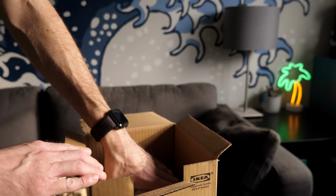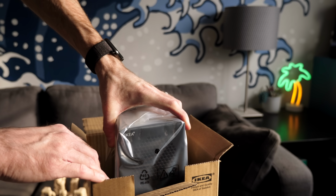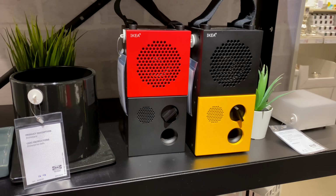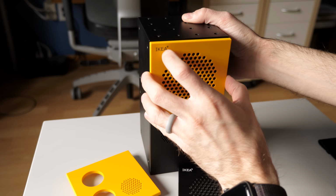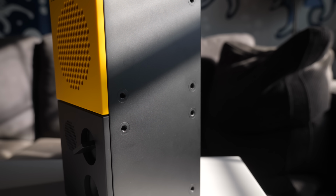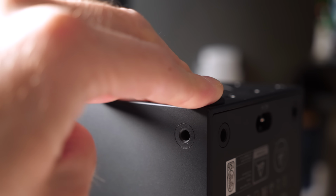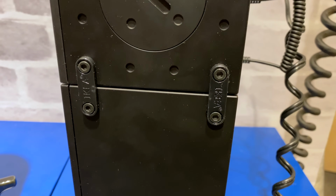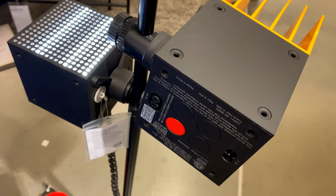In terms of its styling, I can recognize some elements from both companies' design philosophies. Out of the box, it comes with a matte black finish, but includes your choice of yellow or red grills that you can individually swap into place. There's a series of threaded inserts all around the outside, and these are used for attaching the included rubber feet or fabric carrying handle. They can also have mending plates bolted on for connecting other Frekvens devices, like LED lights